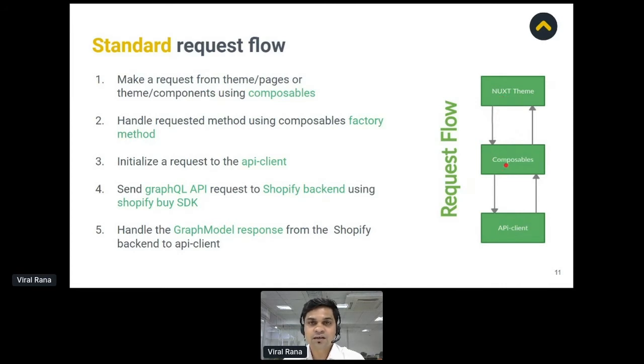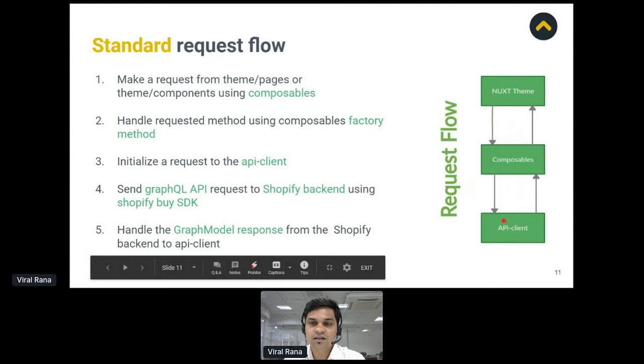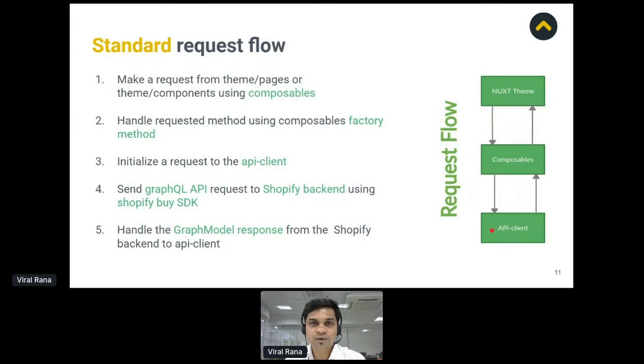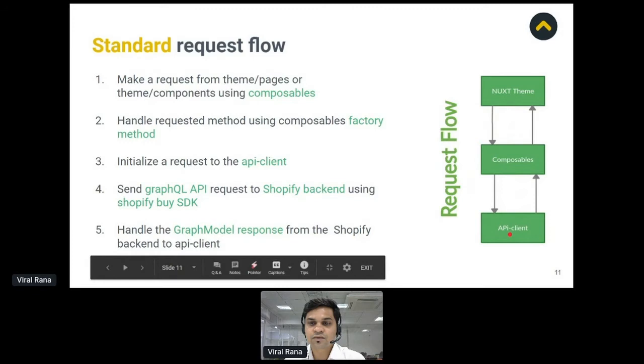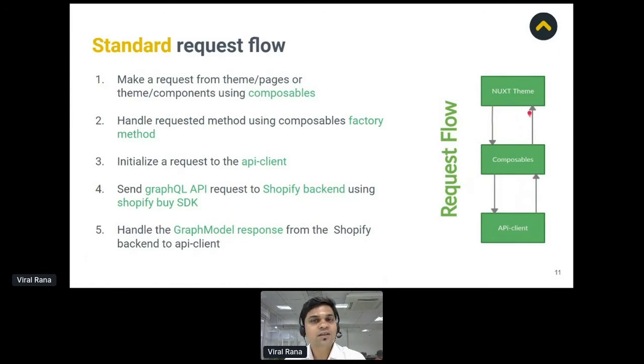The factory method handles this request with the custom parameters and passes it to the API client. Now the API client is responsible for making a call using the GraphQL client and shopify-buy to the Shopify admin area. As a result, Shopify returns the graph model, which is returned again to the composable, and the composable returns it to the Nuxt theme.